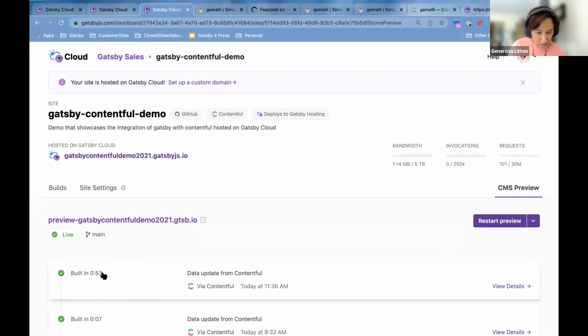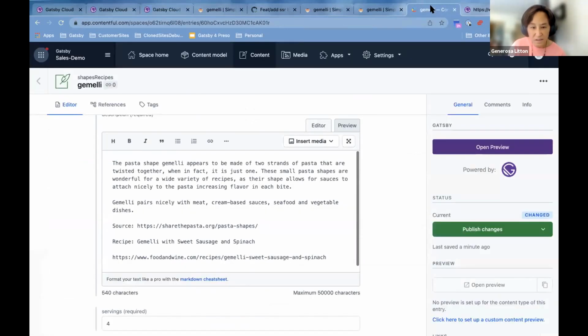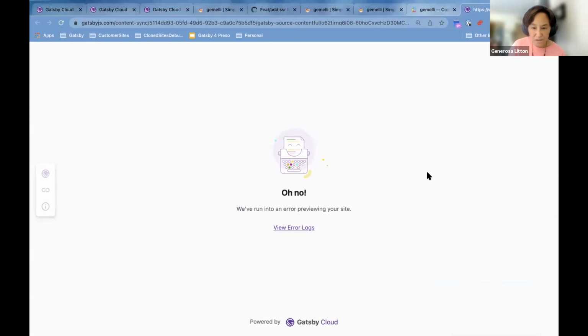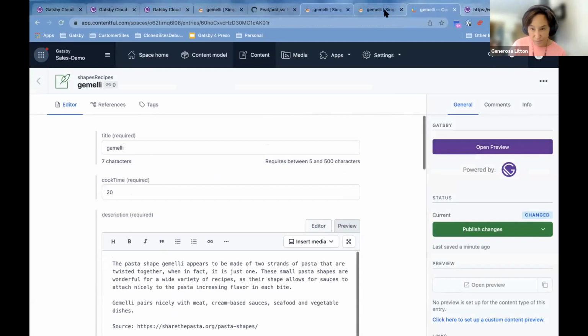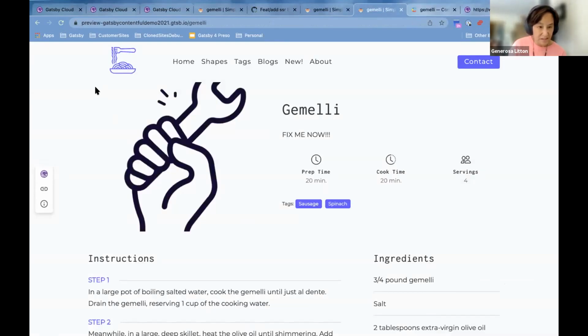So it looks like there was some Contentful build. Let me just see if this is done. It actually errored out. But what I am expecting to see is an updated preview. Let me actually refresh the screen and make sure that previews.